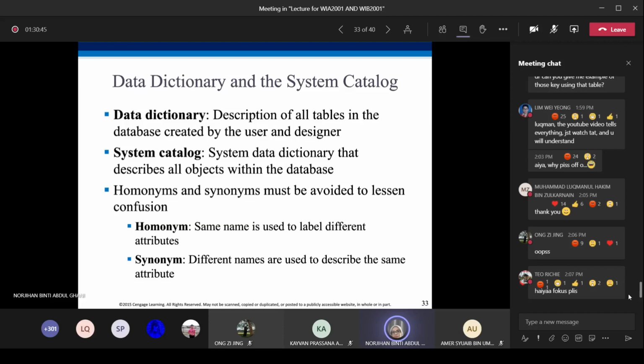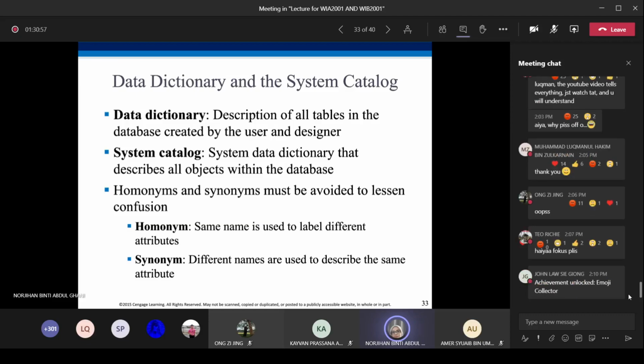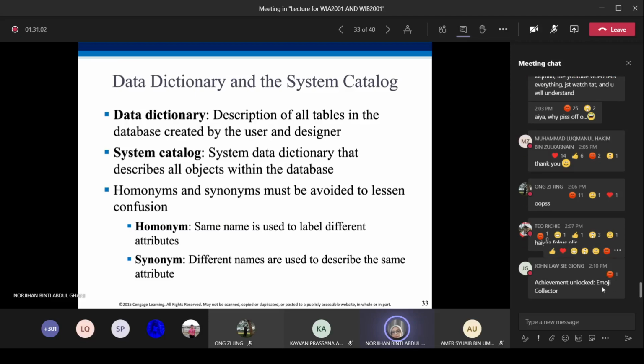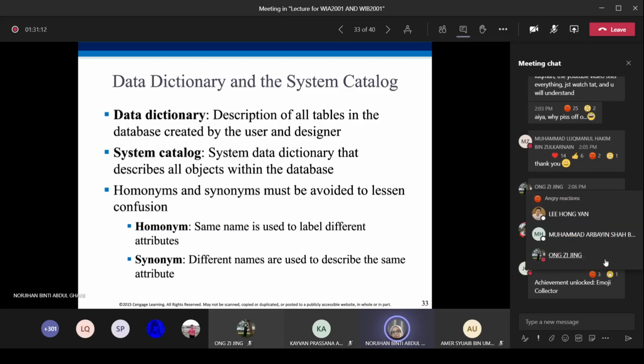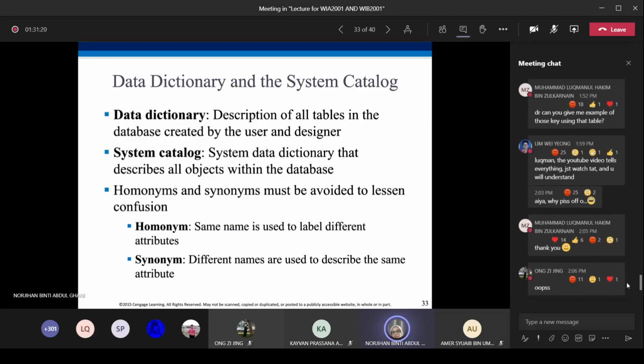We must have a description for all the tables that we have created, in terms of the table names, the column names or attributes, any constraints that we want, and the types of values for those attributes. And the system catalog is a system data dictionary that describes all objects within the database.